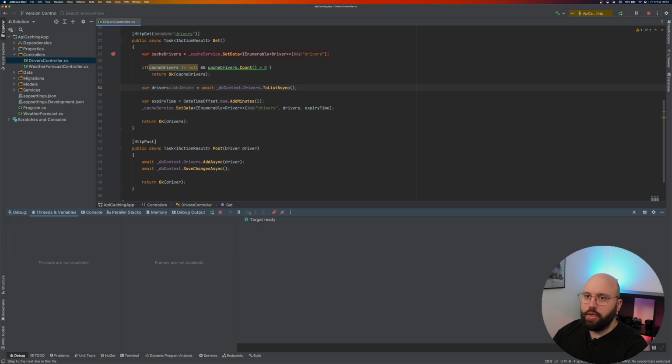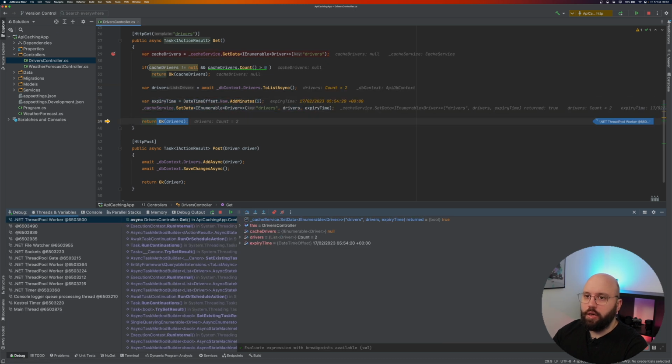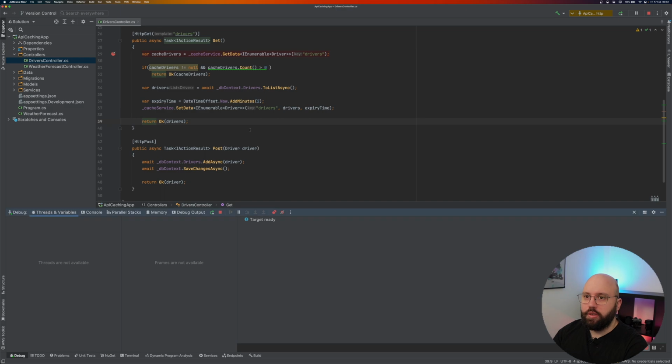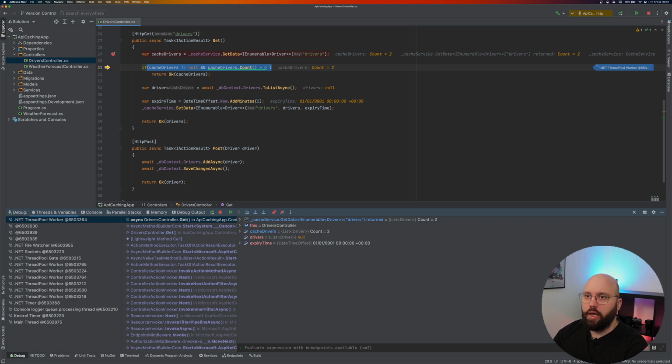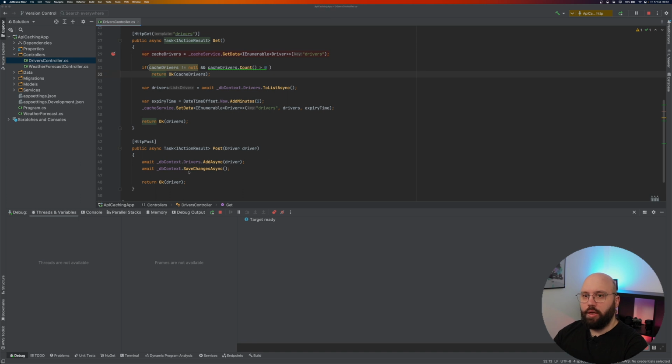So it's going to the database, getting the drivers, setting the expiry, and we can see here there are 2 drivers now. And if we go back, we are able to see the results. And now if I execute this again, we should be able to see right now that the cache driver is not empty anymore. We have 2 drivers. So because it passed this condition, it's going to go directly there. It will not even bother going to the database,